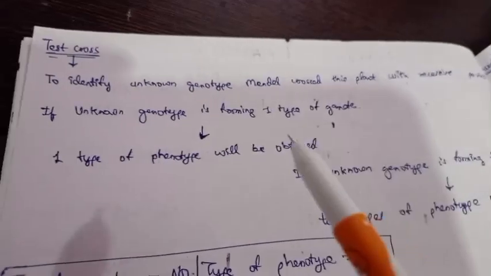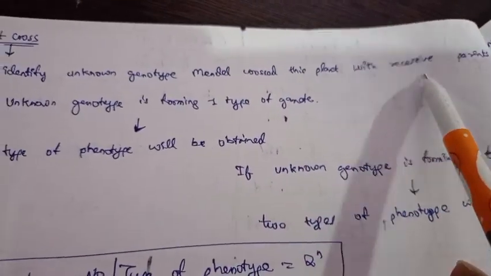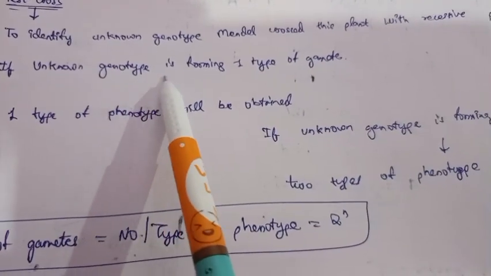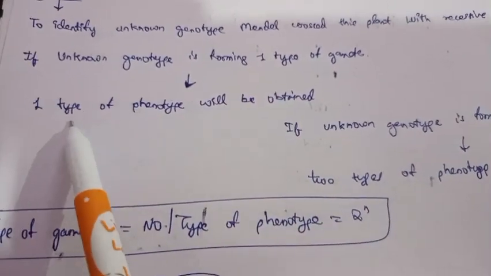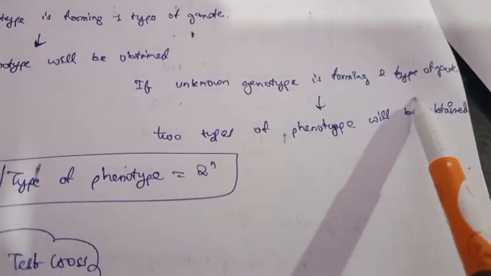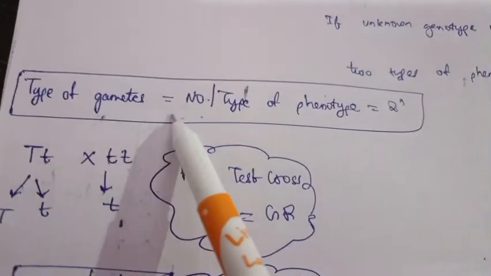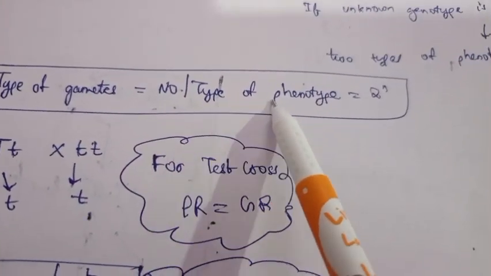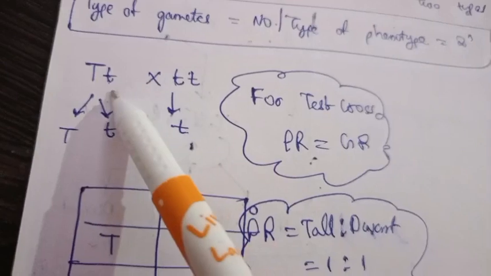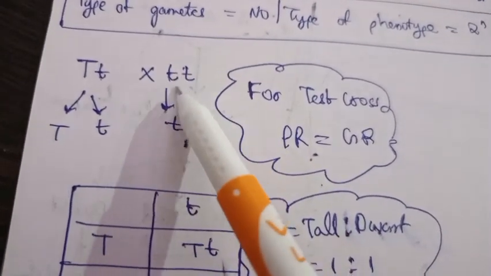Test cross is done to identify unknown genotypes. Mendel crossed the plant with recessive parents. If unknown genotype is forming one type of gametes, one type of phenotype will be formed. If unknown genotype is forming two types of gametes, two types of phenotypes will be obtained. Type of phenotype equals 2 power n. This is one type, so 2 power 1 equals 2, and this is homozygous, so this will